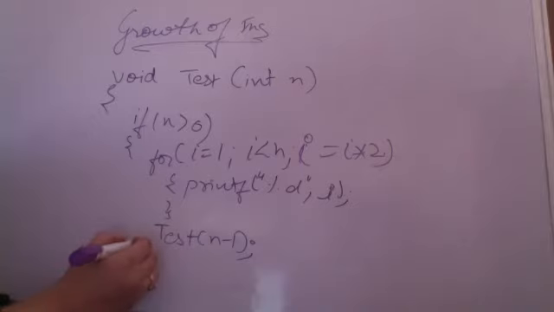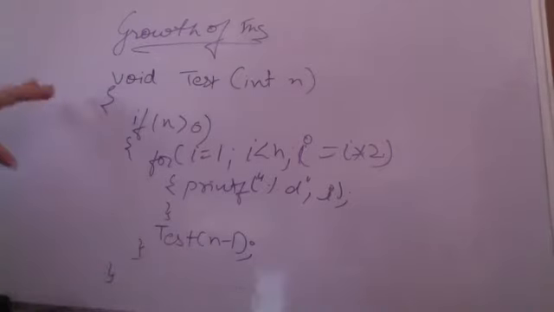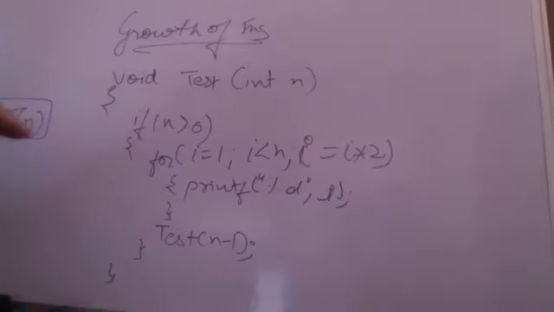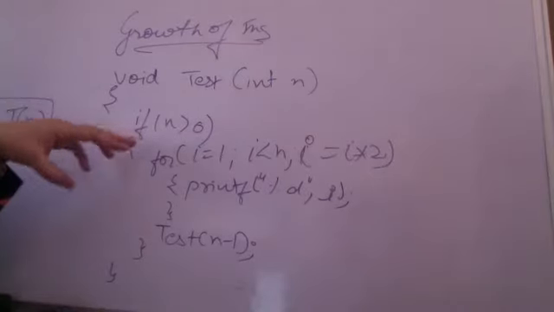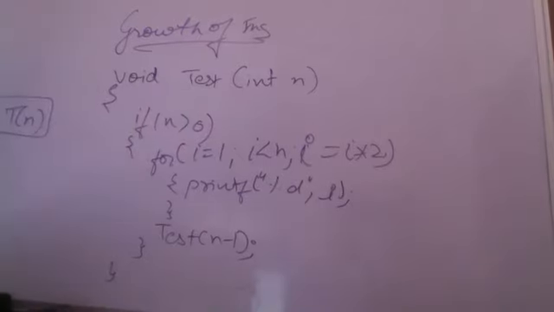So first of all, we should be able to create a time function for this. Supposedly, this is a piece of code I'm having. So we have to understand how many times each of these is running. Now here n I'm taking as my input. What I have to find out is T of n. What is T of n? T of n is the running time of this algorithm. This is what I'm trying to find. So let's see how many times each and every instruction is going to execute. As n changes, the for loop will be changing. So we are just trying to find out the method that we are going to use all throughout the semester. Not this function, but the method that we are using.